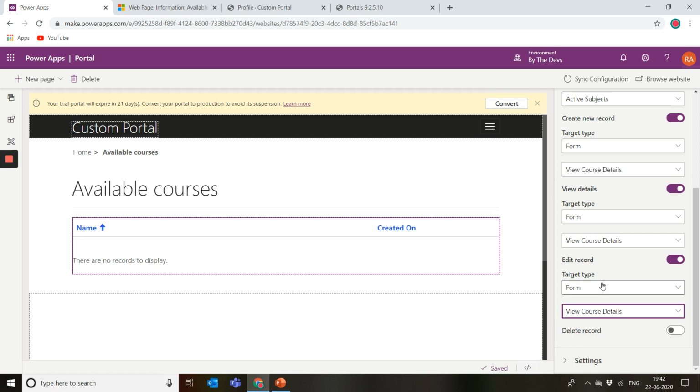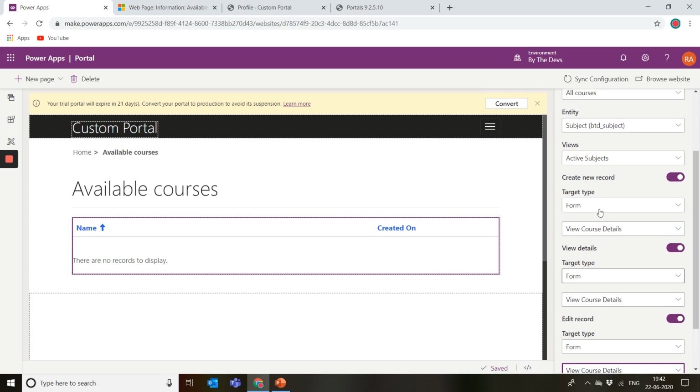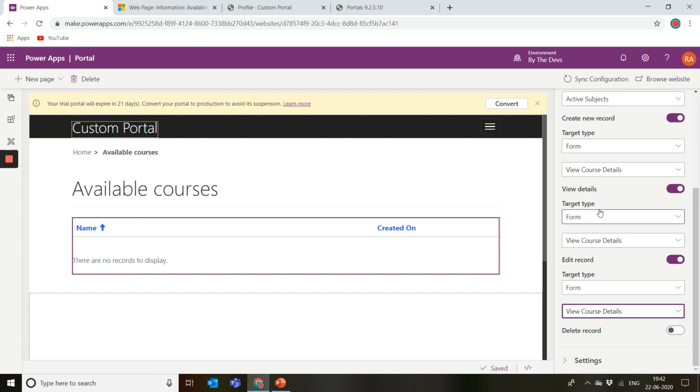And if we notice, when I was configuring the form, I selected the mode to be edit. So here it suggested that if you have multiple requirements, go with different forms for these things. And I don't want the user to be able to delete this record, so let's leave it for now.